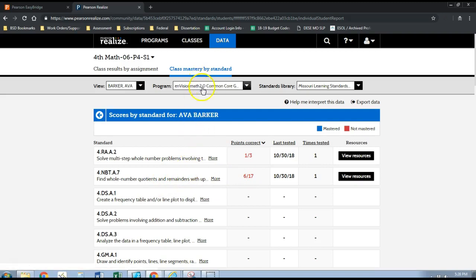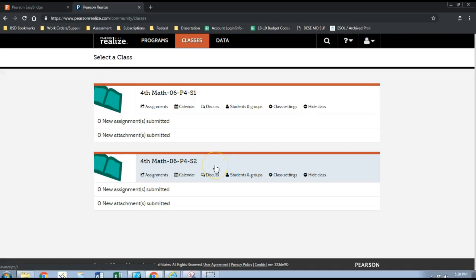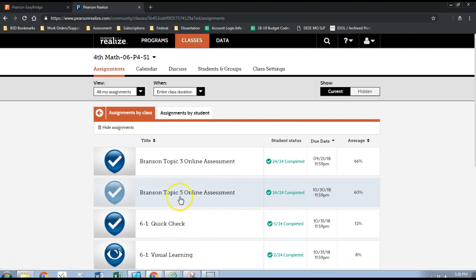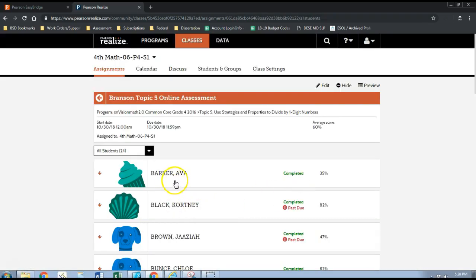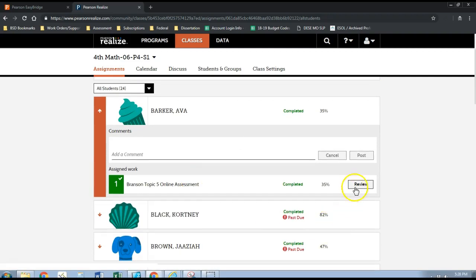So then if I go to classes at the top, in the past the data between classes data and within the assignments and the data tab all matched up, and it doesn't anymore. So if I go to assignments and I go to this test, topic 5 test 1030, and I click on view student status, and then I click on, we can just pick the first student or any of the students, and I click review,